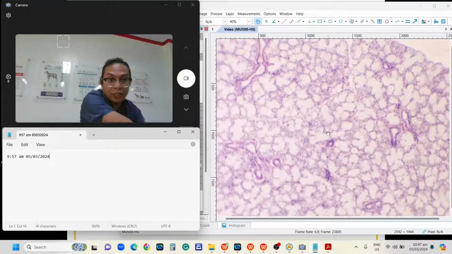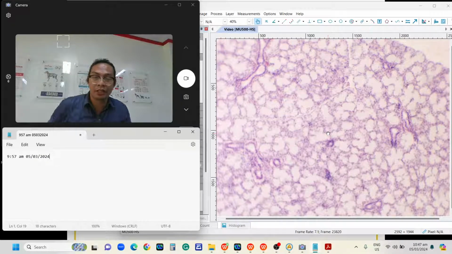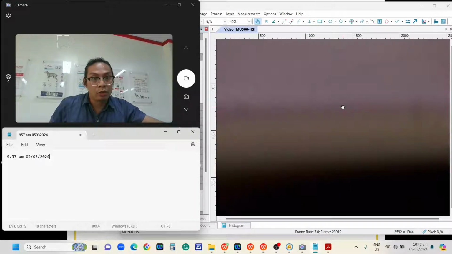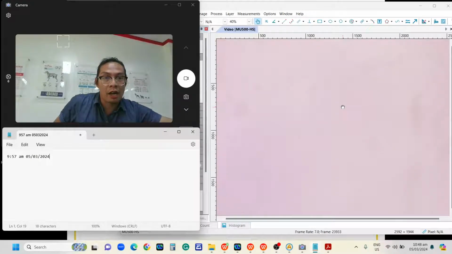Okay? So what we see in the illustration at low power objective is also a mucous adenomere. So you can see the lumen is large, and the cells are lightly staining. Okay? But if we look at it in high power objective,